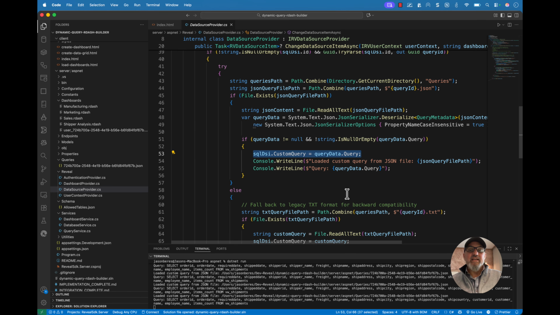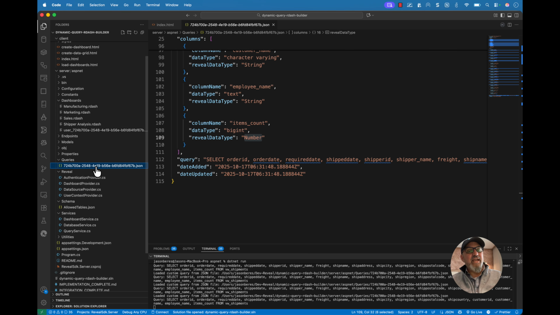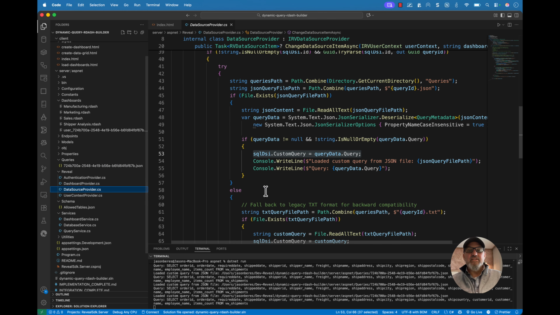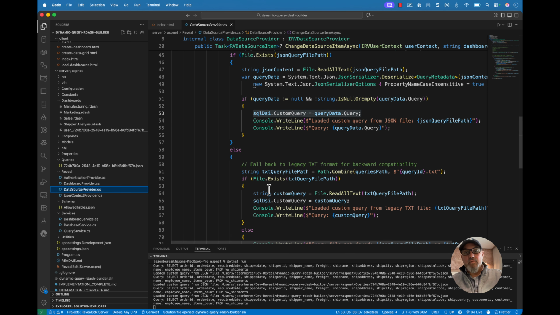Ultimately, I'm setting the custom query to the query data.query, which is the query from that JSON file. So I'm going to look at the GUID. I'm going to say, well, let's go into our queries folder, read the file name that is that GUID, get this query, and then I'm going to set that to the data source provider,